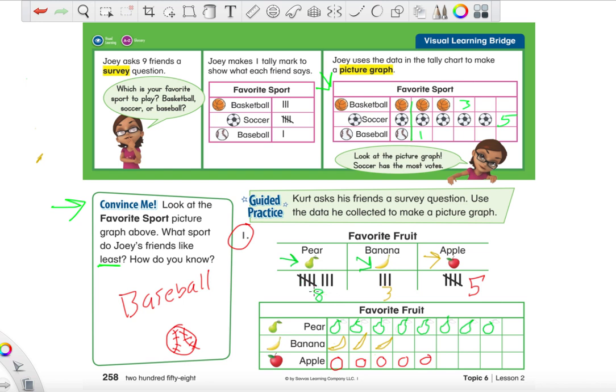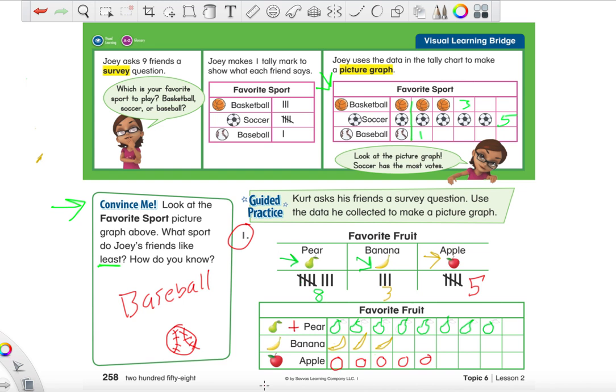We have the biggest number, the longest line of pictures, whichever way helps you. You can just think of it that way. So you should have put a plus sign next to the pear. Now, the next job I'm going to give you guys is